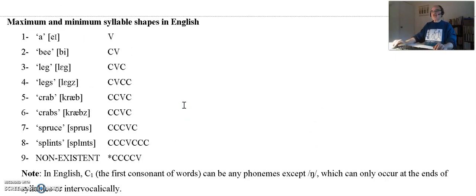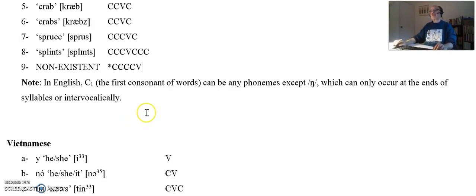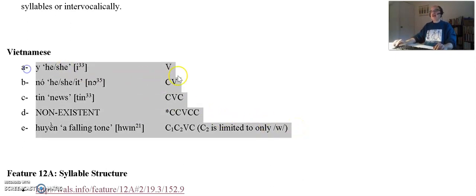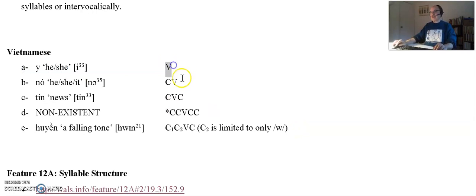So again, on these phonotactics and syllable structure, we can have these syllable combinations, and as we saw before, you can have pla and pra, but not psa or pta, but in other languages, those are possible. Vietnamese has a syllable structure which is more limited, and of course, all languages are going to have something with a V and CV, but the maximum shape cannot include this. It cannot have these kind of complex consonant clusters. It can have consonant plus W.